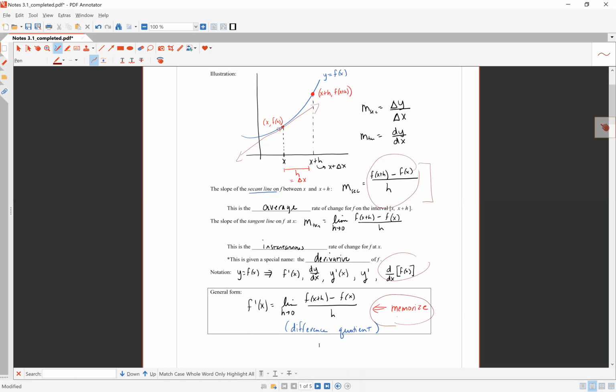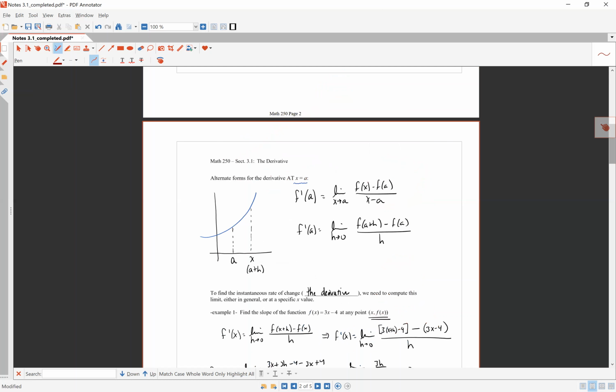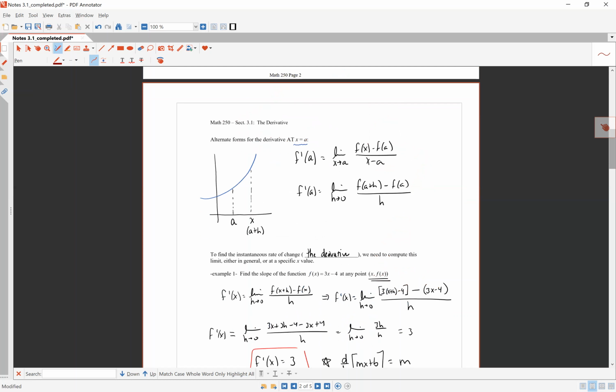We're going to learn rules for taking derivatives, so you're only going to be doing this for a small part of the course. But there are definitely problems where we're going to be asked to calculate a derivative just using that definition right there. So why don't we look at a couple of problems right here. Of course, the easiest one is,